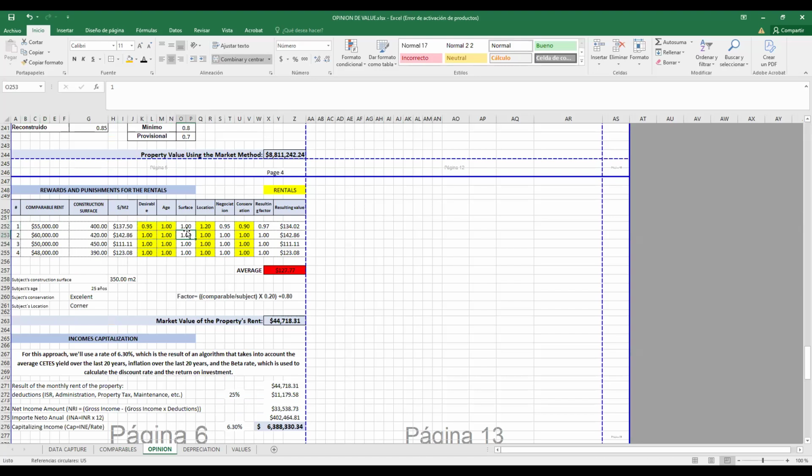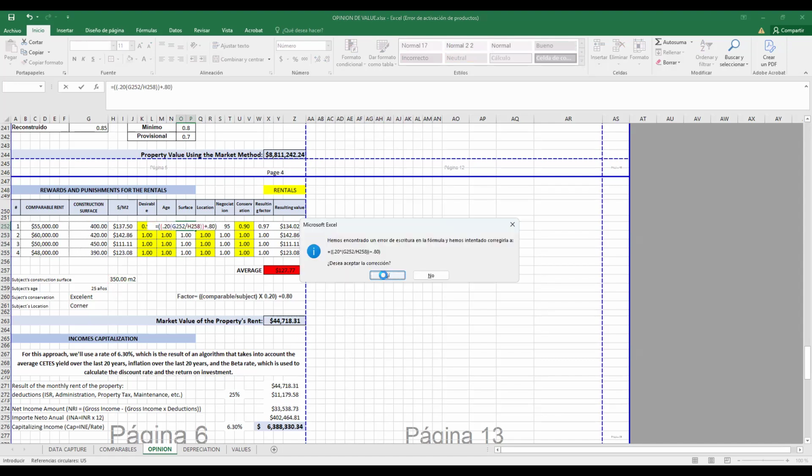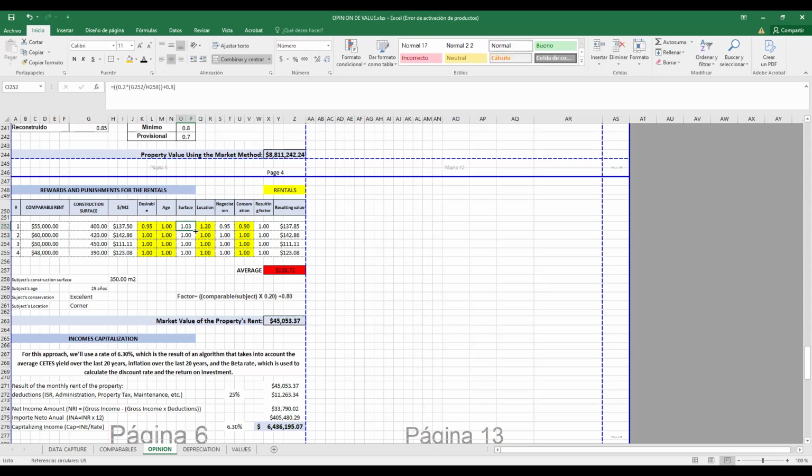Surface: we don't have a formula. Now we have a formula for the surface.